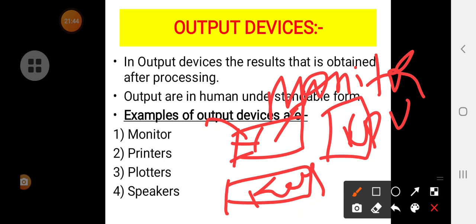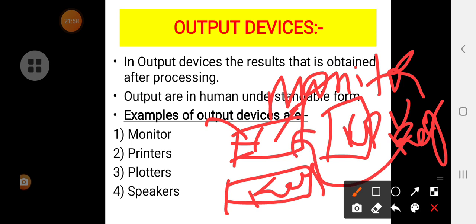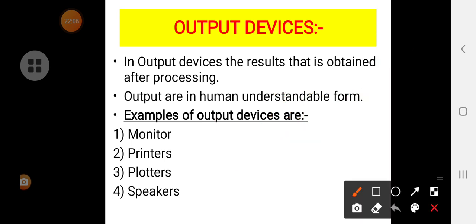From this CPU, all the processing information will be transferred to the registers first. This is a temporary memory device we can consider. From these registers, it will transfer to the monitor. Okay. So in the monitor, we will get the human understandable form only. Is it right? So in the monitor, the human understandable numbers or messages, whatever results the user expected, we will get in the output device.